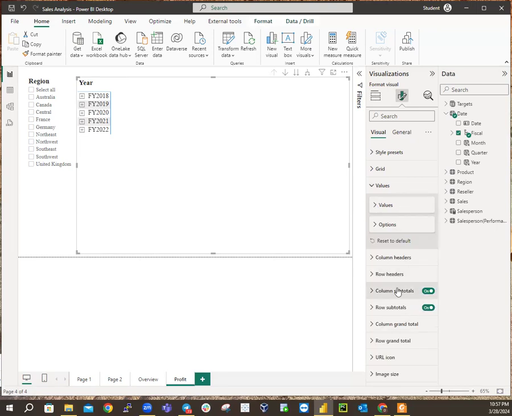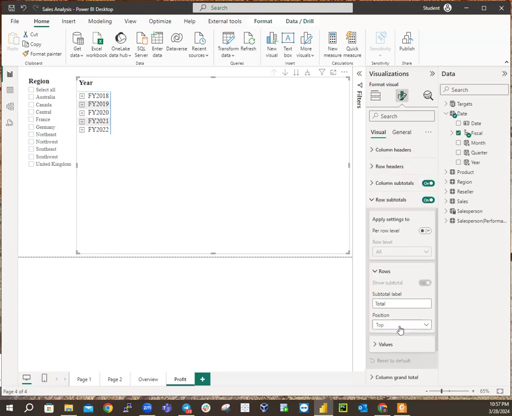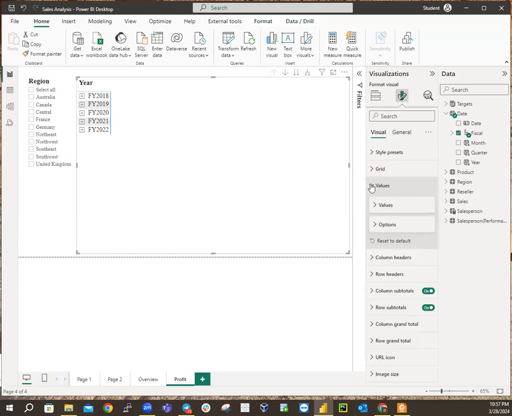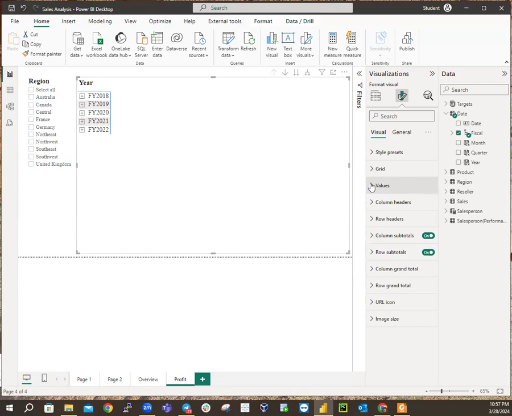There is something I wanted, under the row subtotals. Scroll down under rows, subtotals, position of my subtotals, I want it to be at the bottom. You will see by the time we are continuing. So that's the format I want on this. Having done that,